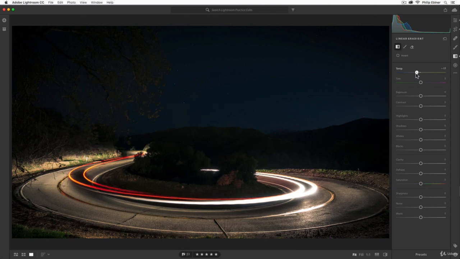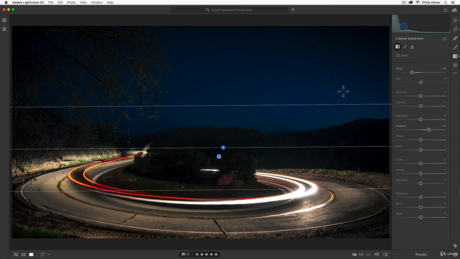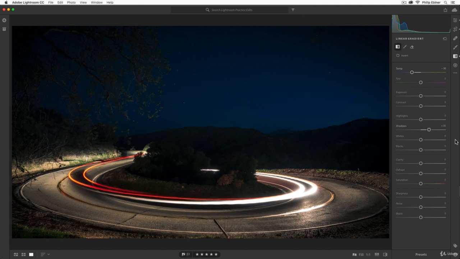So if we take this temperature and drag to the left even more, we can get this night sky to look really, really blue, which might be kind of cool. Maybe boosting the shadows just a little bit so that the sky is a little bit more pronounced. When I do that, the vignette around the edge starts to look a little bit too vignette-y to me. So I don't know if that's a word, but I might go back and decrease that vignetting in just a second. Let me try dehaze,